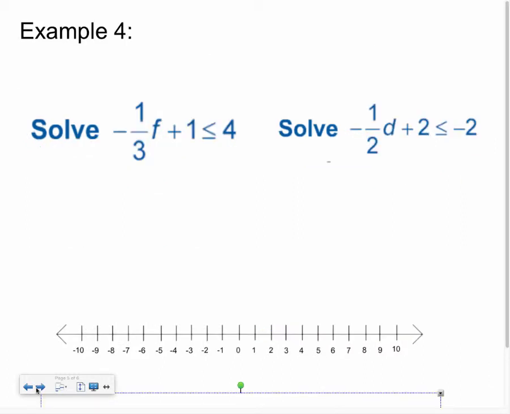Now let's look at what happens if we have to multiply by a negative number. The same thing happens. Just like whenever you divide by a negative number, on both sides you flip the sign. Whenever you multiply,